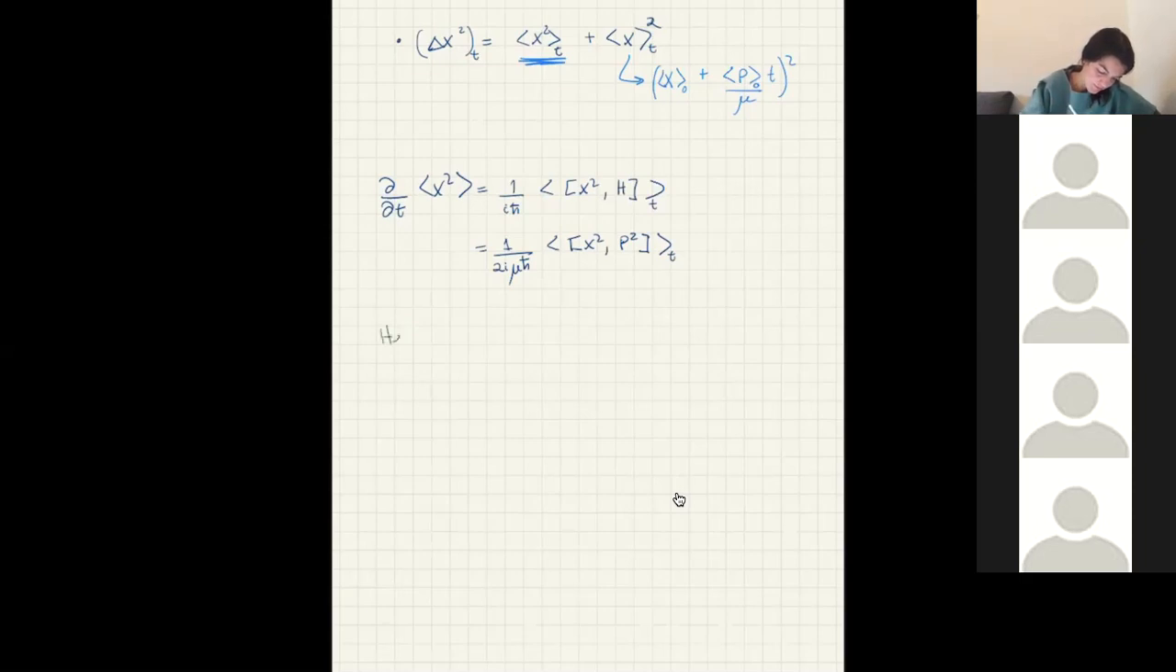Helpful trick, which is going to be the following. I'll write it down and then we prove it, okay? It's for commutators in general. So if we have